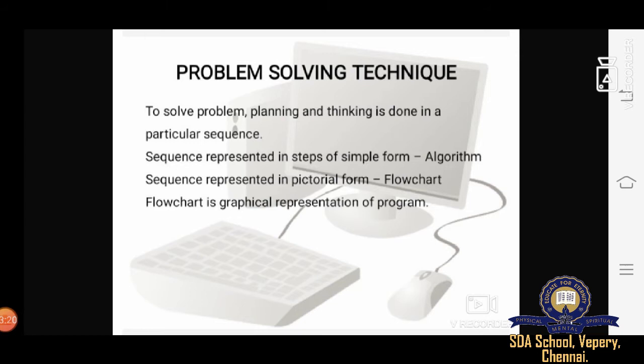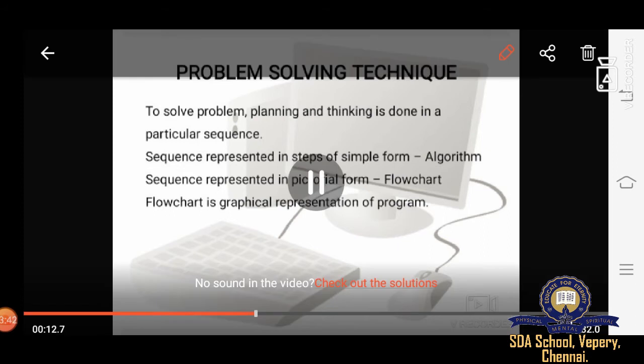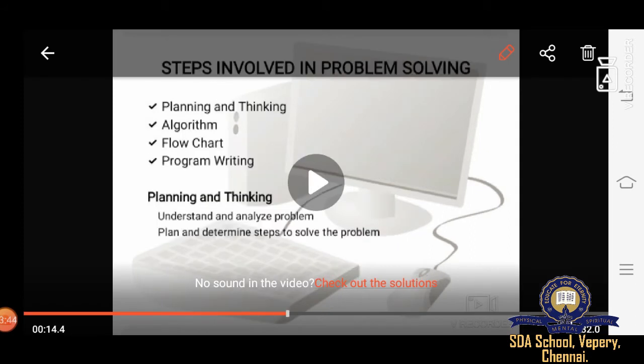Flowcharts represent the program steps in a pictorial form, and it is very easy for us to understand the order in which the computer executes the program instructions.